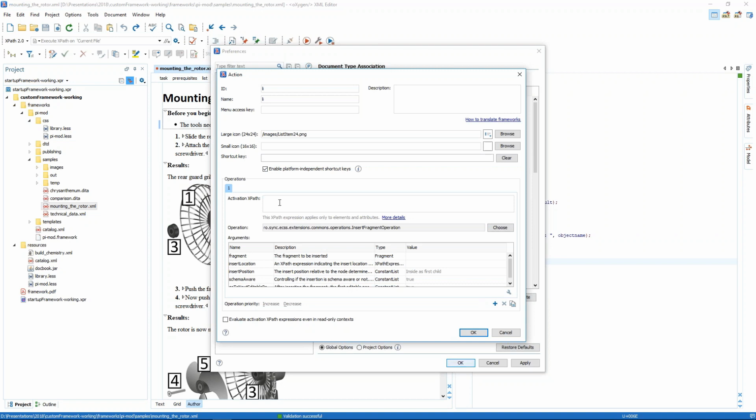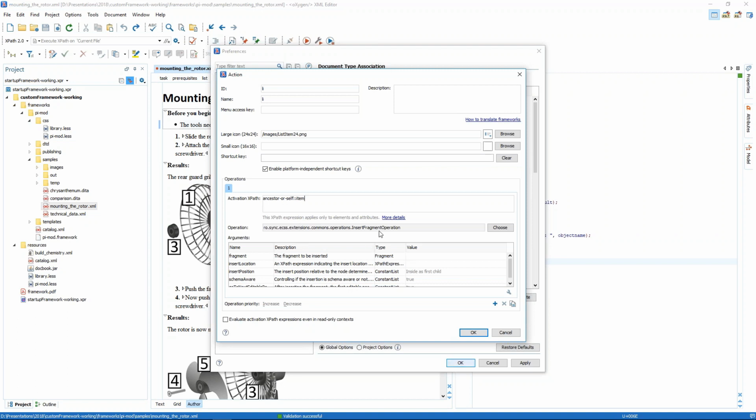This XPath actually controls when an action is enabled and when it is disabled, because it cannot be executed in that context. So if the ancestor or self is an item, for example, if I am in an existing